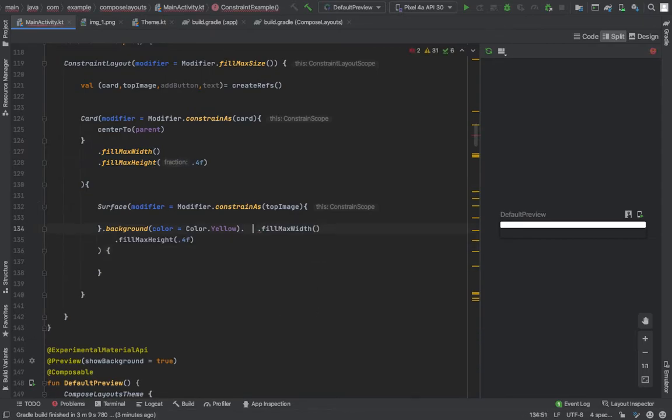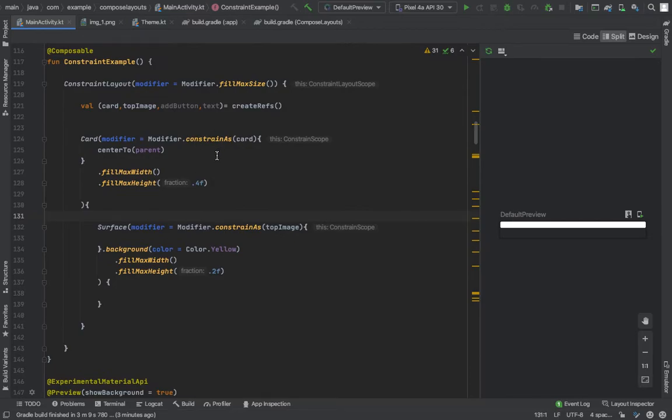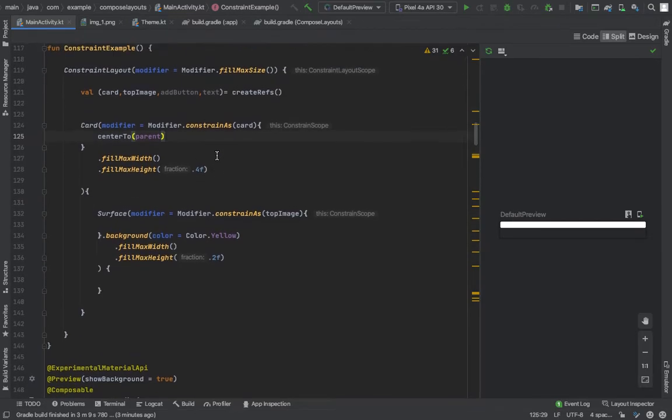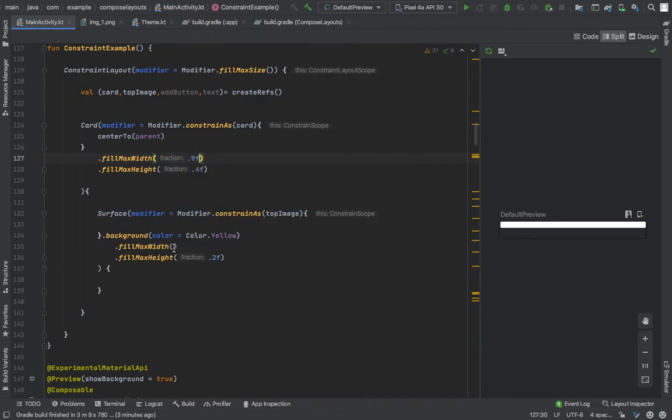Okay, we are done with this fillMaxHeight, and we assign it height 2f. Let's constrain the top box with respect to the card. We are also going to reduce the size to 9f for better visibility of our content.